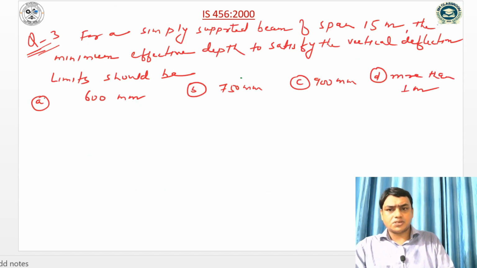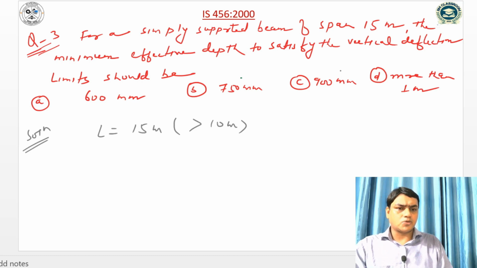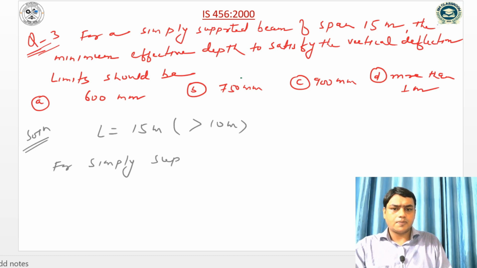Another question I have taken is for a simply supported beam of span 15 meter, which is greater than 10 meter. The minimum effective depth to satisfy the vertical deflection limit should be? So firstly we have to compute, for a simply supported beam,